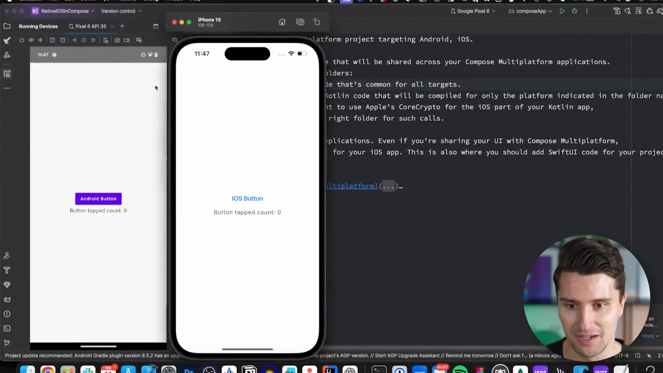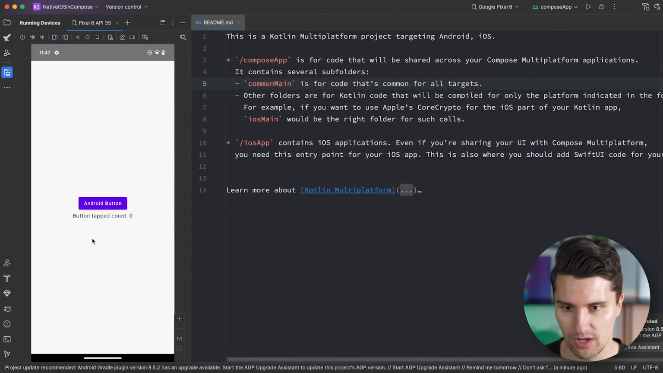Hey guys, and welcome back to another Compose multi-platform tutorial. In this video, I will show you how you can actually directly use native iOS SwiftUI views inside of your Compose multi-platform code. So what you see here is effectively, on the Android side of things, we have a normal